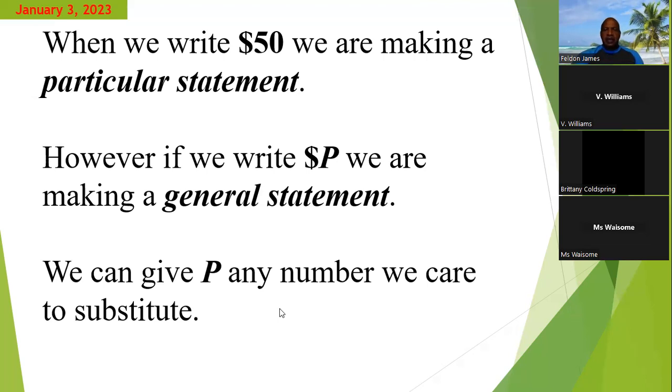And for this reason, we have to define what we're using these symbols for. So first, we have to say what we are going to use P for, or in the case of X and Y, we have to define it. We have to make a statement by saying, let X be so and so, let Y be so and so. Why is that important? Because the values are general,